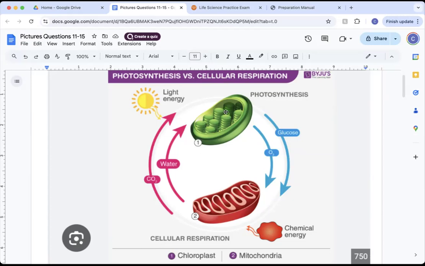So photosynthesis is up here. That's going to happen in the chloroplast. So you're going to have water and carbon dioxide going in. Those are your reactants in photosynthesis. And then your products of photosynthesis are going to be O2 and glucose here. And so the O2 and glucose are then going to go into cellular respiration. So these are our reactants in cellular respiration to create water and carbon dioxide, which are our products of cellular